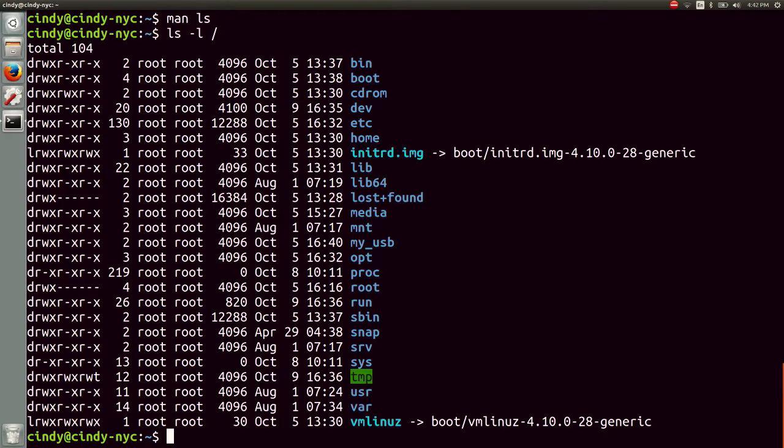Let's break down this output starting from the left. The first column here are file permissions. Side note, we're going to cover file permissions in an upcoming lesson. Okay, next up is the number of links a file has. Again, we'll discuss this in more detail in a later lesson. Next, we have the file owner, then the group the file belongs to. Groups are another way we can specify access. We'll talk about this in another lesson too. So then we have the file size, the timestamp of last modification, and finally the file or directory name.